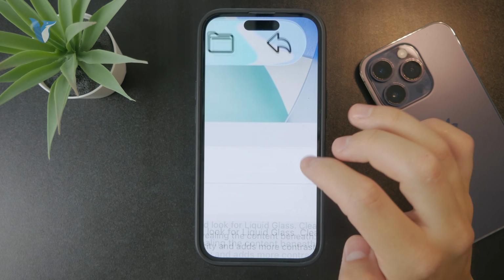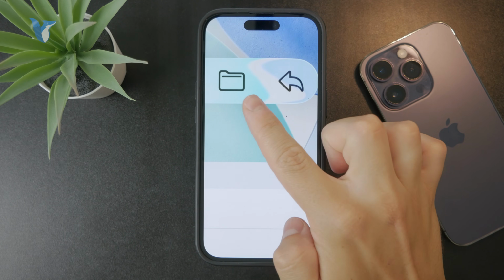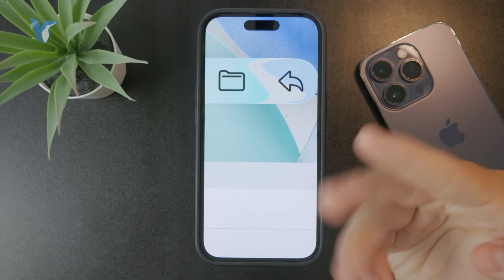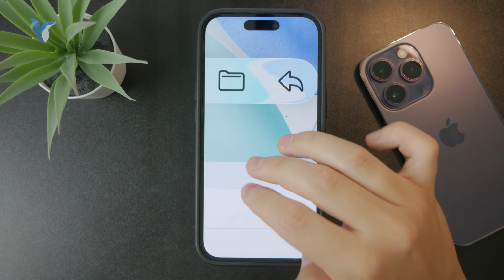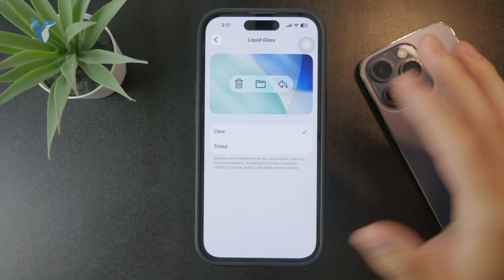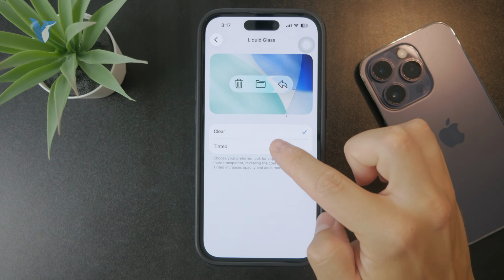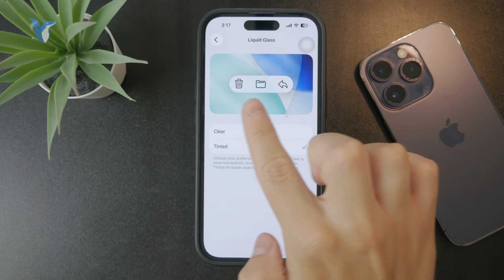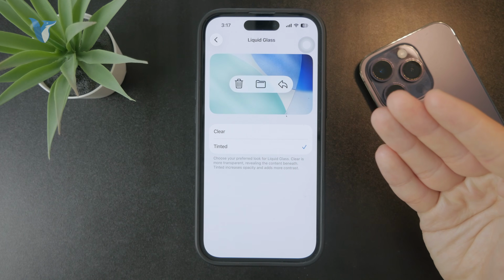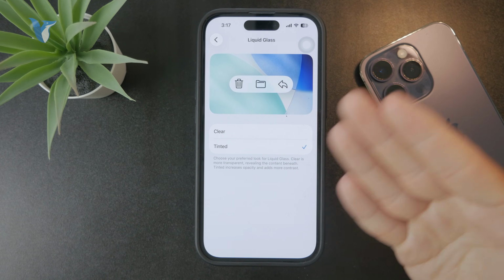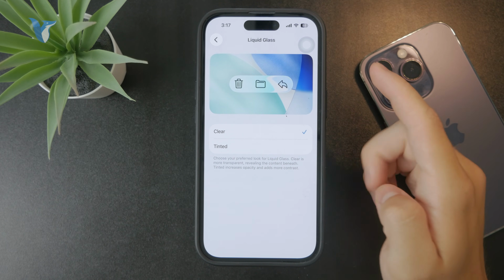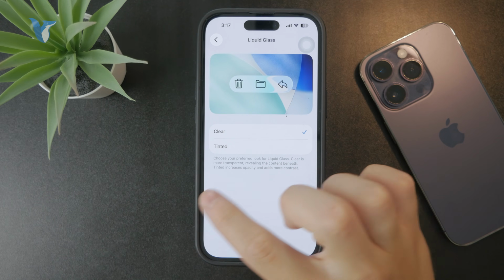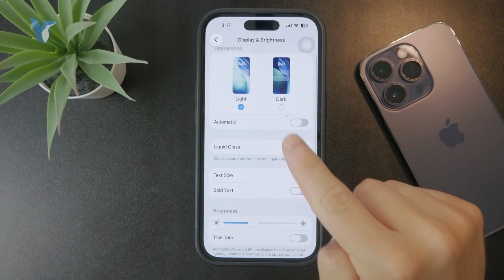And when you have it selected to clear, you can see that it's looking much more of the style called liquid glass. So if you want to turn it off or close that feature, you can switch to tinted, which looks much more like the regular look of the windows and buttons. So depends on how you want to keep it, but the point is that this may not be part of